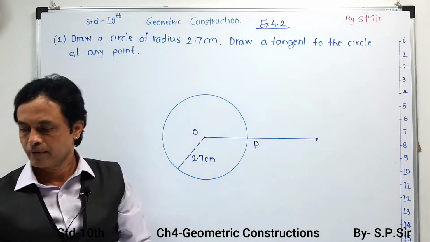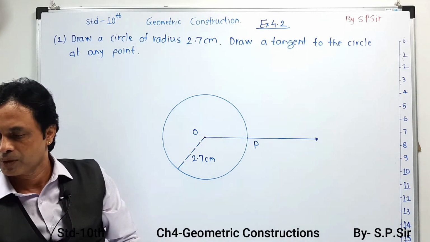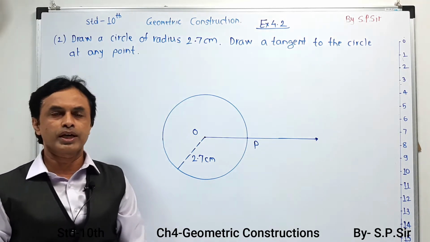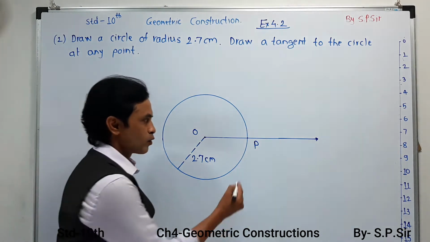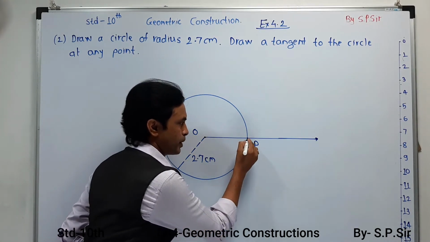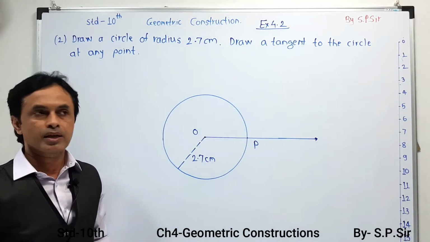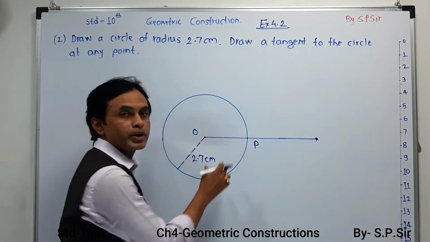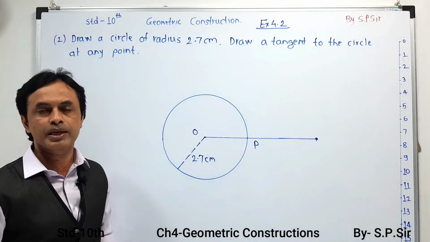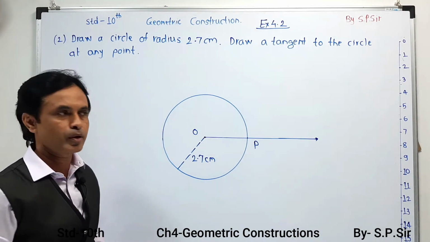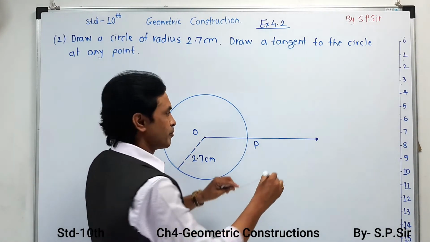Now when you want to draw the tangent, we have to make a construction. You have to take a compass with you, and from the point P you have to make two marks, one inside and second outside. For this, as the radius is 2.7 centimeter, you take a distance less than 2.7 centimeter, so that the mark will be available on the radius. So I am taking a tentative distance; you can take 2 centimeter. That will be perfect for you.